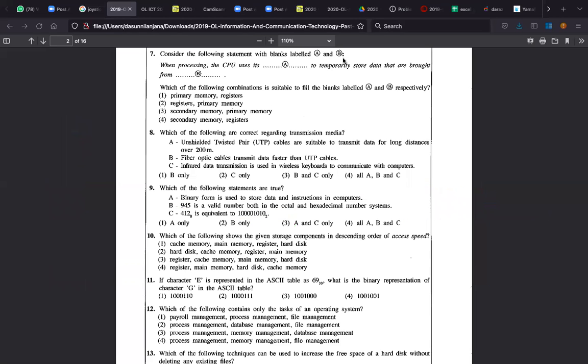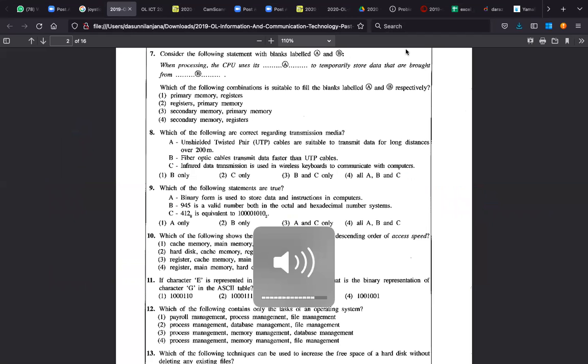Okay, then question number 10. And note that you can get all the recordings if you need the recording again, if you need to know how the answer came. And if you cannot understand anything, please ask at that time itself, right? Don't wait till the recording. If there is something you don't understand, ask at that time itself, then I can give the answer. I can help you understand that.